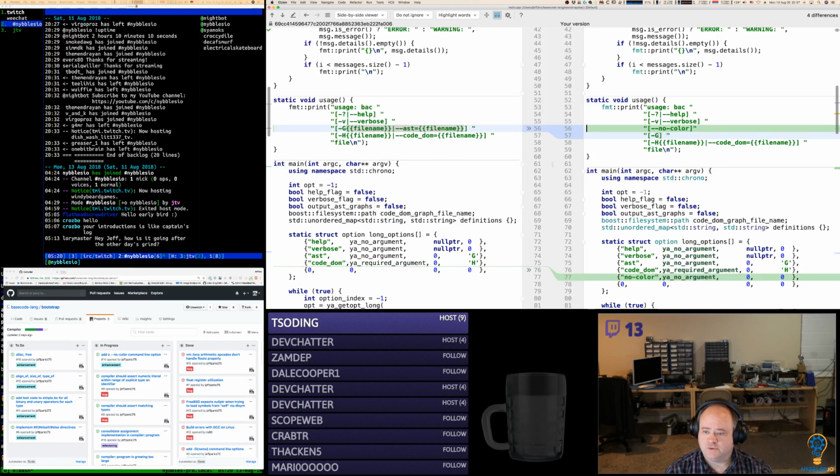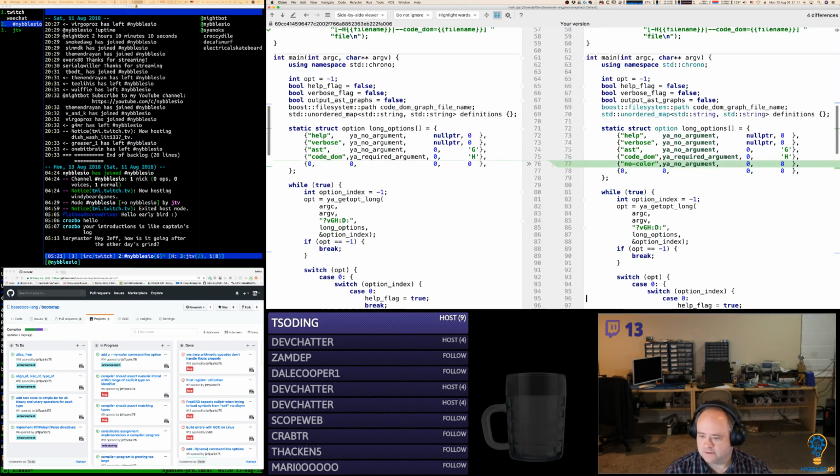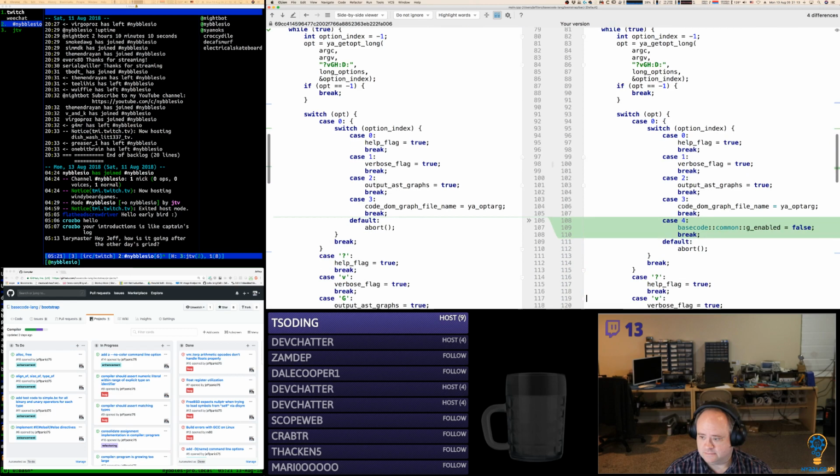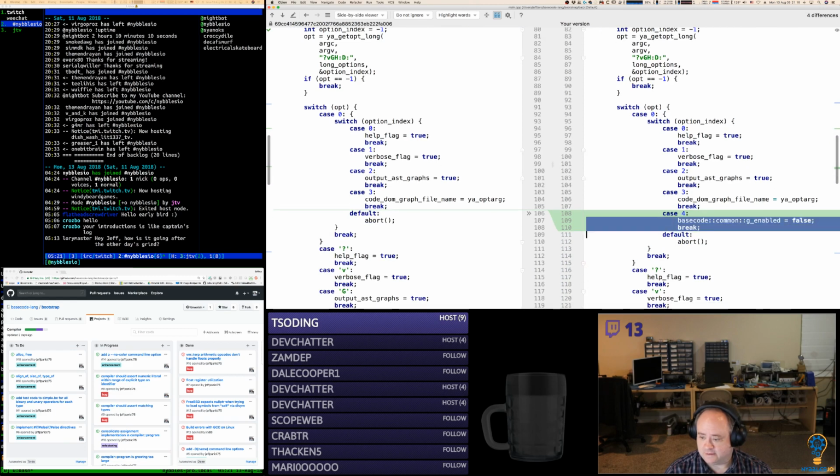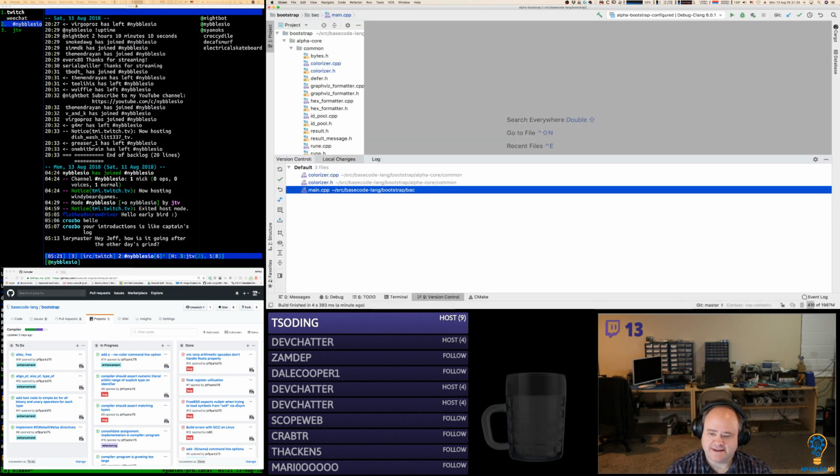So I added a new command line switch. It's optional, no color. I fixed the usage line for the -G. There's no longer an argument there. Added no color to the getopt config for that. And then we handle that case. If it's specified, then we set the enabled flag for that to false. I guess now that that's global,